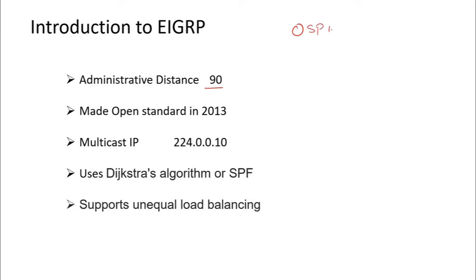There are some other AD values and they are higher than EIGRP, like OSPF, RIP or ISIS. Let me put it in sequence. ISIS and OSPF are similar because they both use link state, and RIP uses the distance vector. So the AD value of EIGRP is 90, and that is the lowest.